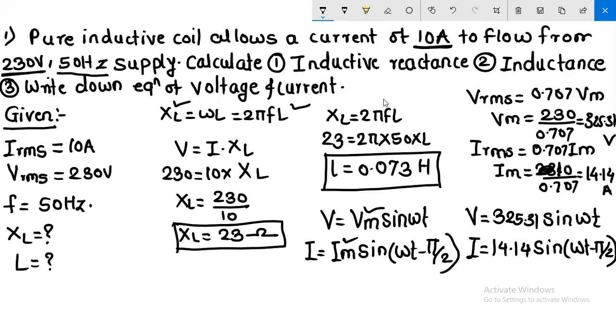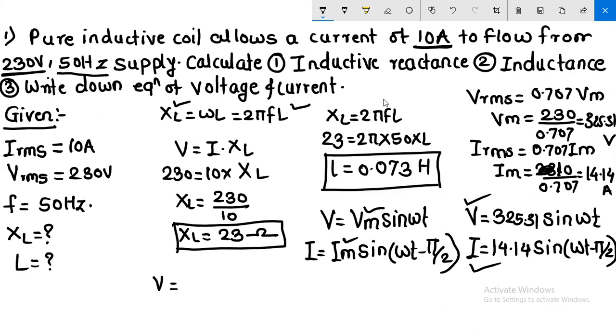Everyone got it? How to solve such a type of example? Yes, sir. Okay, so write it down properly. First of all, write down the equation of voltage and then write down the equation of current and remaining all things. आता मला सांगा, जर मी हाच फॉर्म्युला XC साठी लिहायचा झाला तर मी काय लिहिलं असतं?